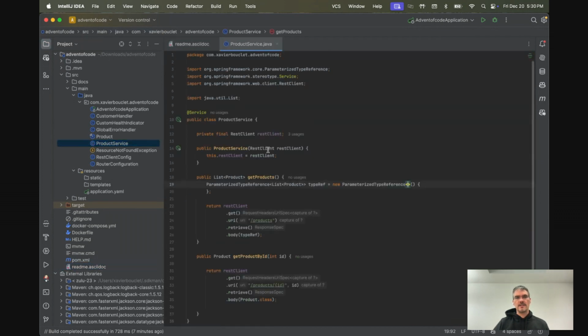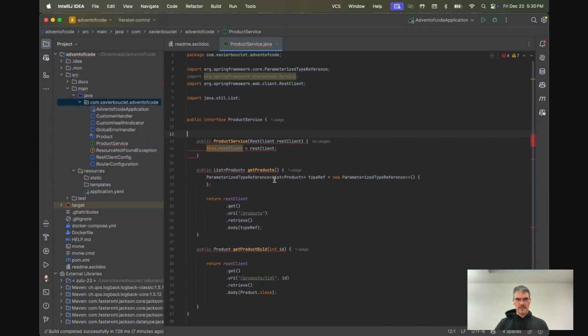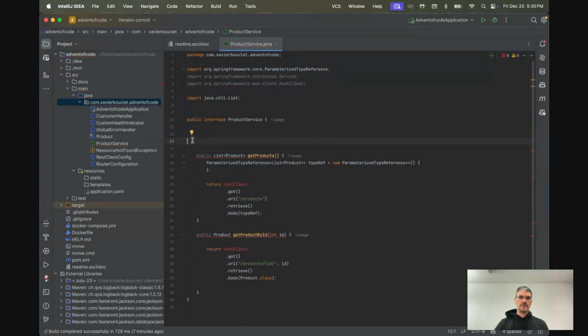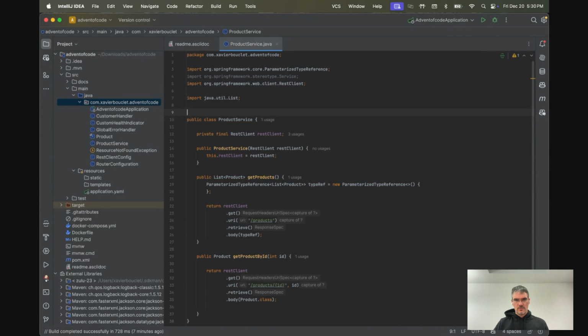HTTP interface is mostly something through annotation. You need to do some configuration. So let's remove our service. Let's use interface. So let's remove the RestClient constructor as well. I'm going a bit too fast. Let me first